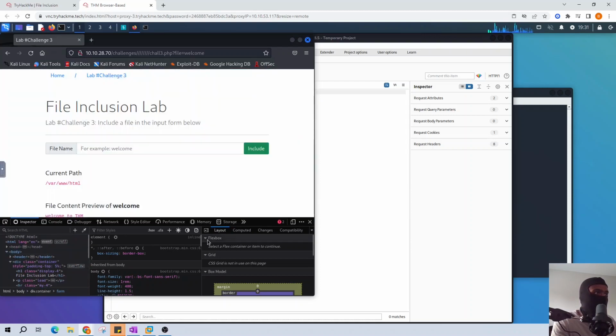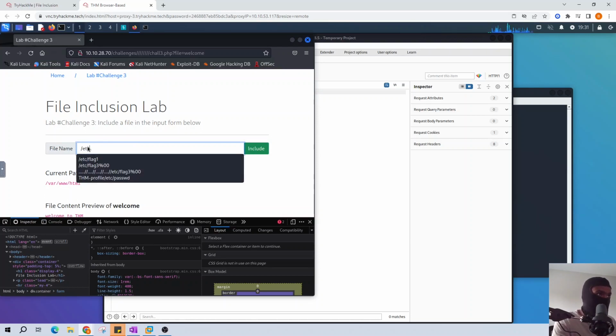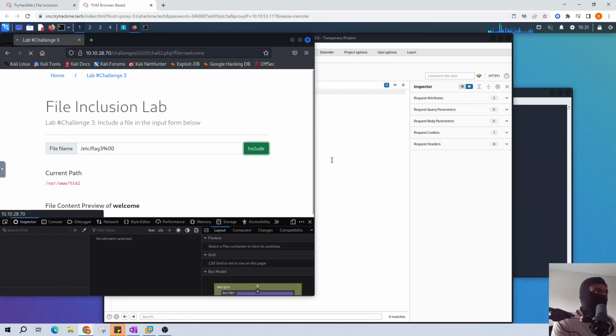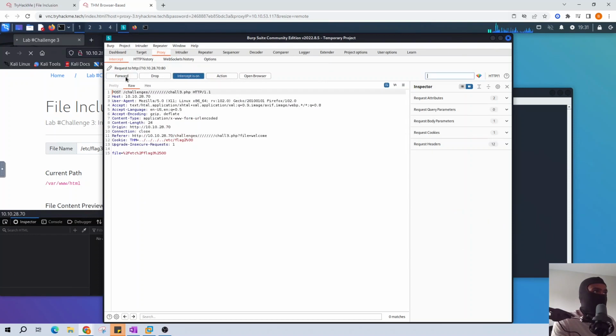And file name, etc flag 3, and include that, and then you forward that. Boom, POST challenge 3 file, and we want the file to switch to dot slash etc flag 3, and we still need the null byte, I believe. Actually, let's go ahead and action that to repeater, and if we forward it,